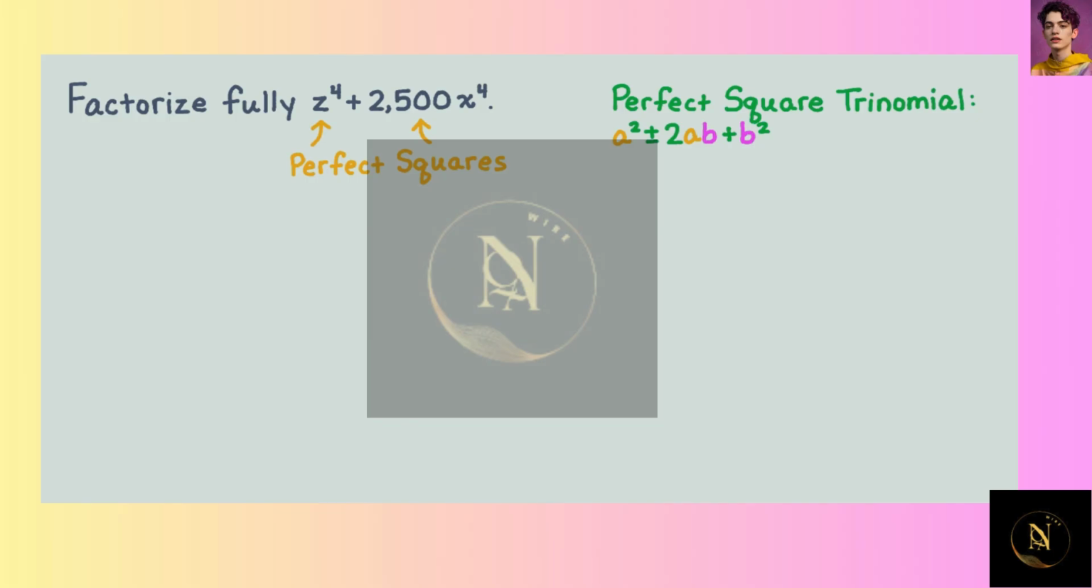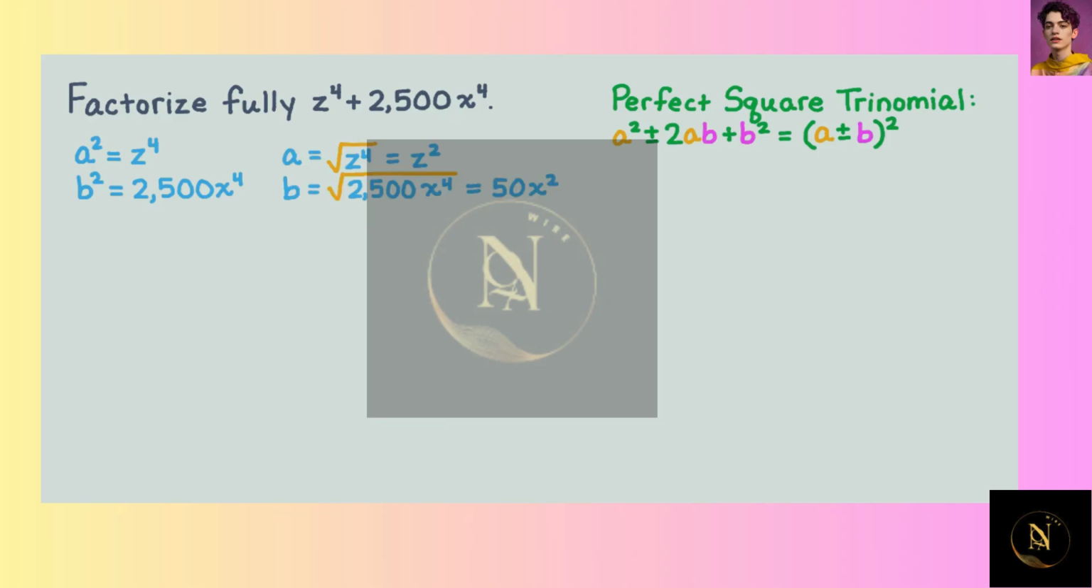form a squared plus or minus 2ab plus b squared, which can be factored as a plus or minus b squared. In these trinomials, a and b may be variables, constants, or products of variables and constants. In this example, if we take a squared to be z to the fourth power and b squared to be 2,500 x to the fourth power, then our value of a is the square root of a squared, which is equal to z squared, and our value of b is the square root of b squared, which is equal to